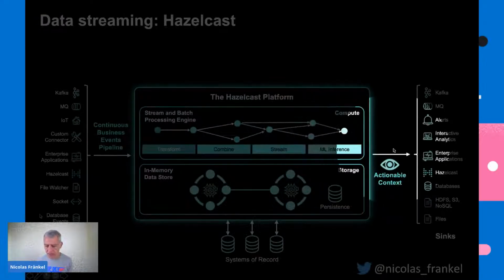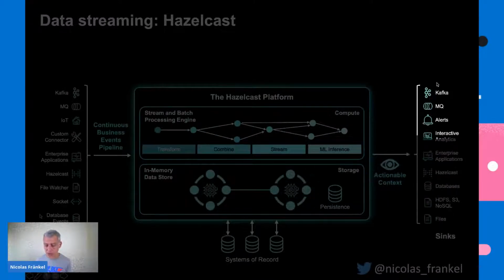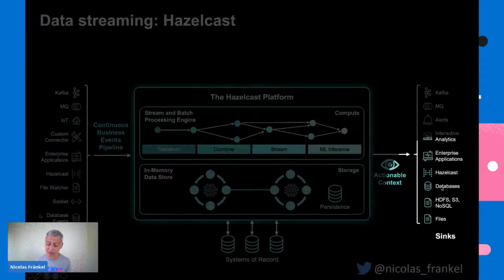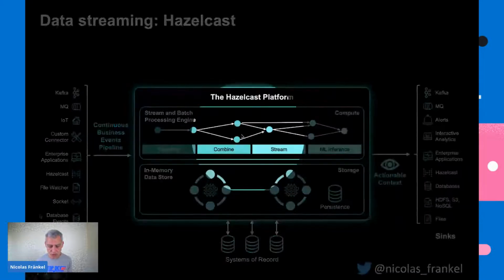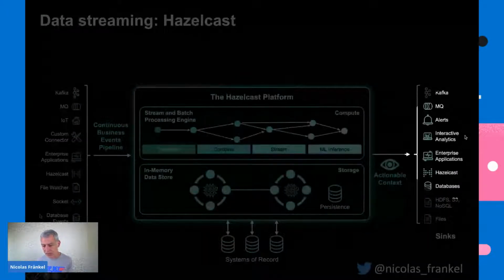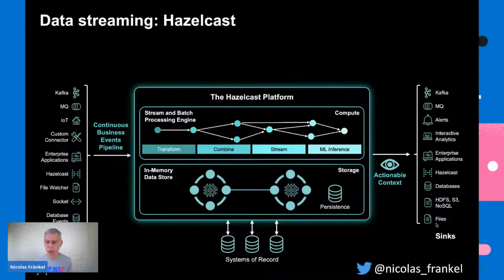And then you can sink it to any of the available sinks, and if something doesn't suit you, you can create your own. Here, I don't have Elasticsearch, but there is an Elasticsearch sink, so you don't need to write everything yourself. So what I will be doing is using Hazelcast, coding the pipeline and dumping everything into Elasticsearch. And then I will play with Elasticsearch to have this exploration loop.